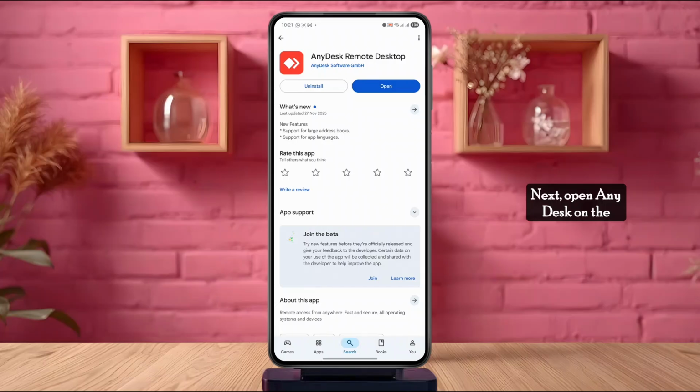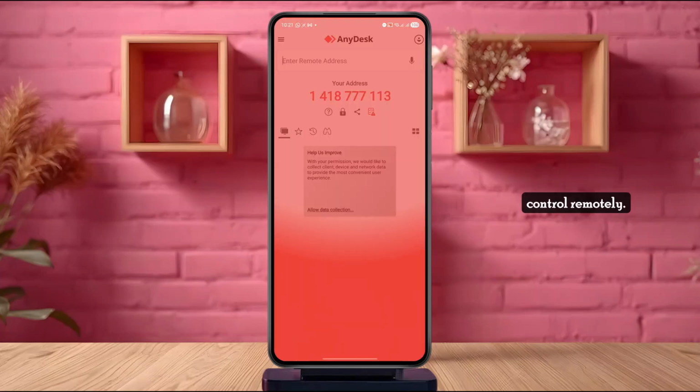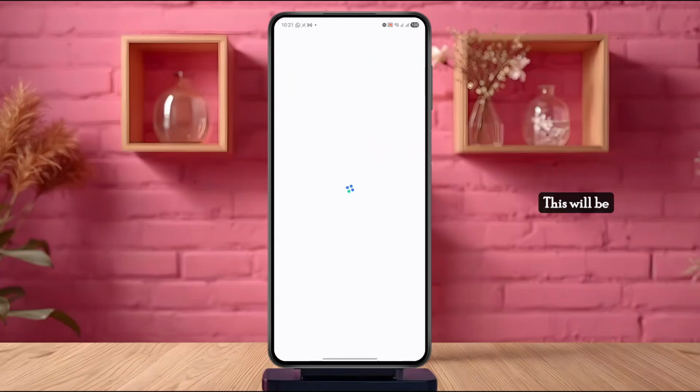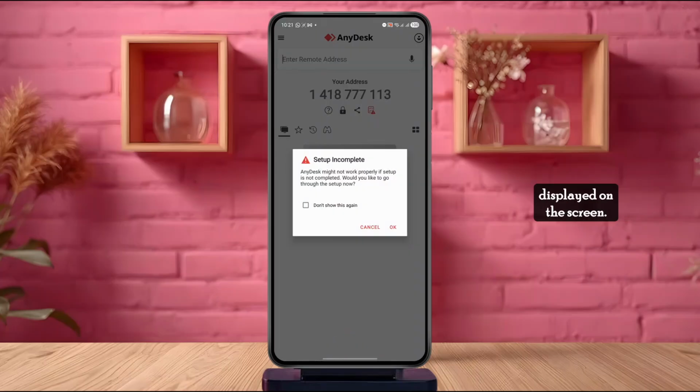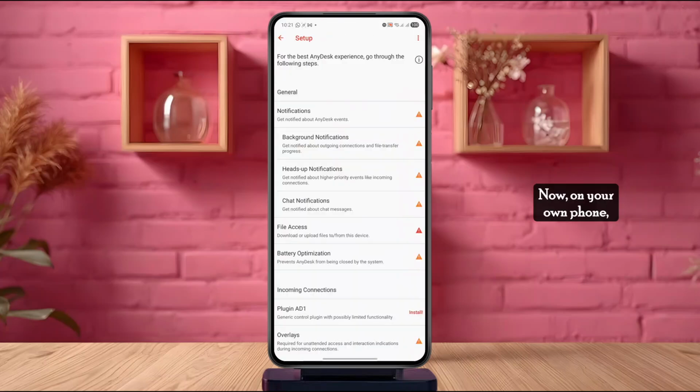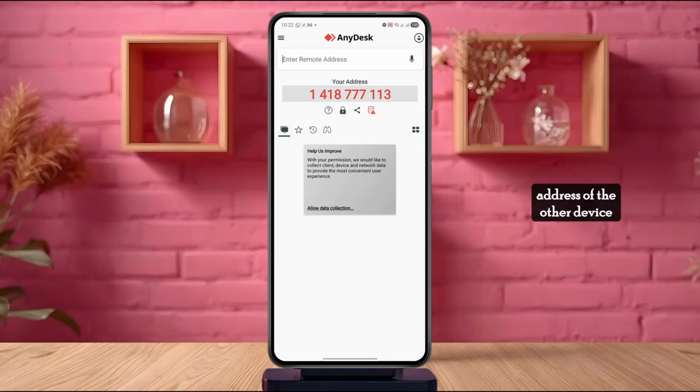Next, open AnyDesk on the phone you want to control remotely. This will be the host device. Following that, you'll see a unique AnyDesk address displayed on the screen. Note down this number. Now, on your own phone, open AnyDesk and enter the address of the other device in